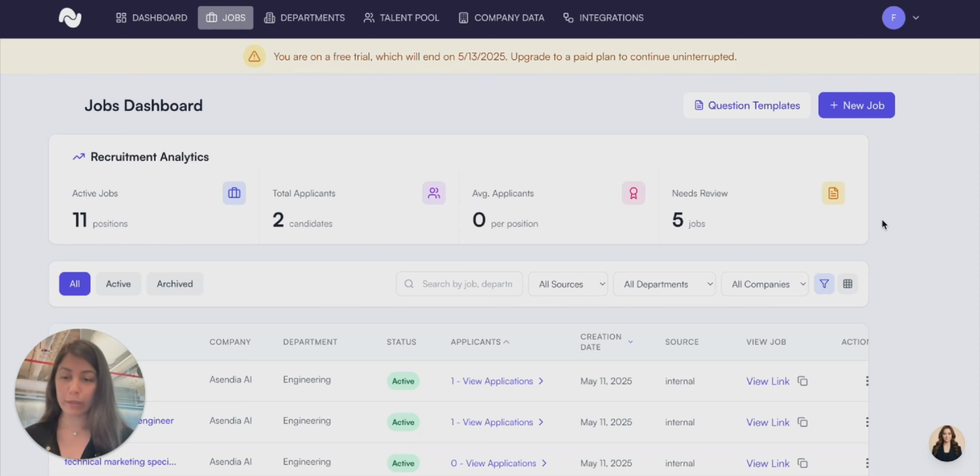If you're not looking for a dynamic experience where the AI generates the questions on the spot, and you're looking to, for example, have a list of predefined questions that you choose and you want to ask the same questions to all the candidates, or if you want to go for a hybrid interview where some of the questions are preset by the recruiter and some of the questions are generated by the AI on the spot during the interview, you definitely provide those customizations upon request, or you can actually access them directly on our Asendia AI dashboard,